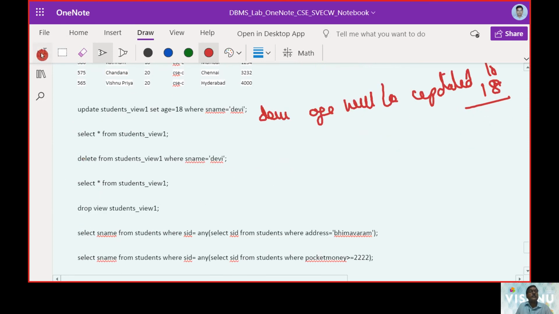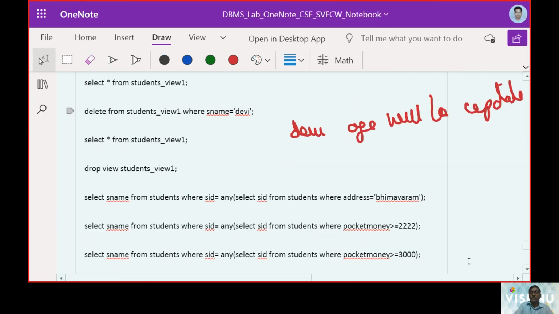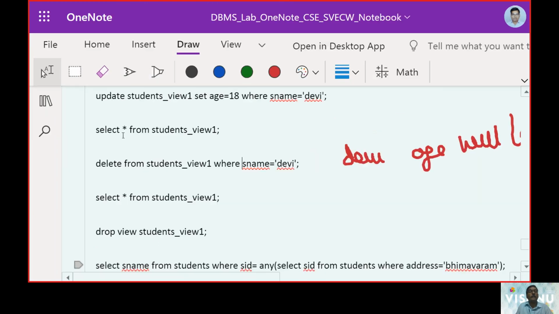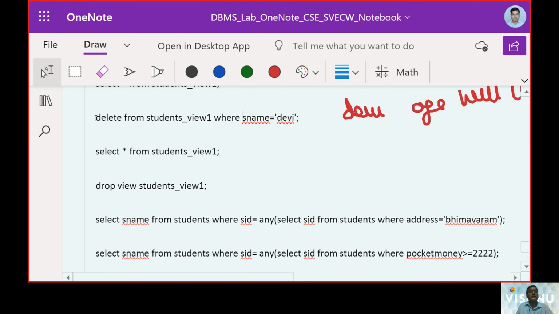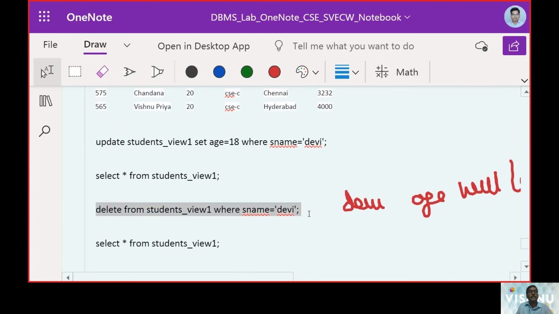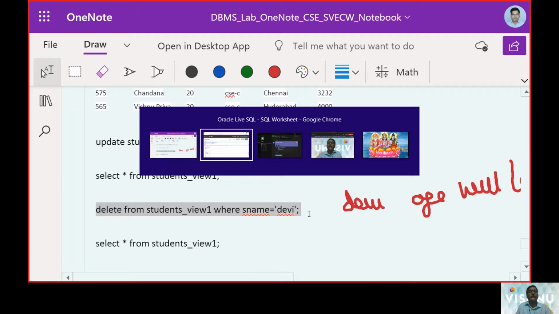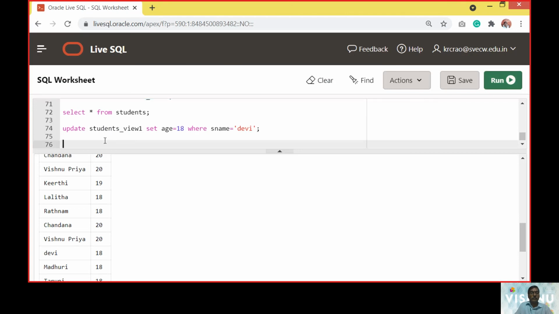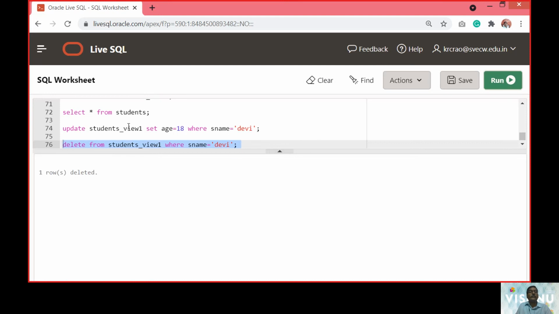Now just see the third option. Can we make a delete operation over the view? The answer was yes. So we can check this value and go up with delete from student view 1 where student name is Devi, and just see whether it was dropped in the main table.